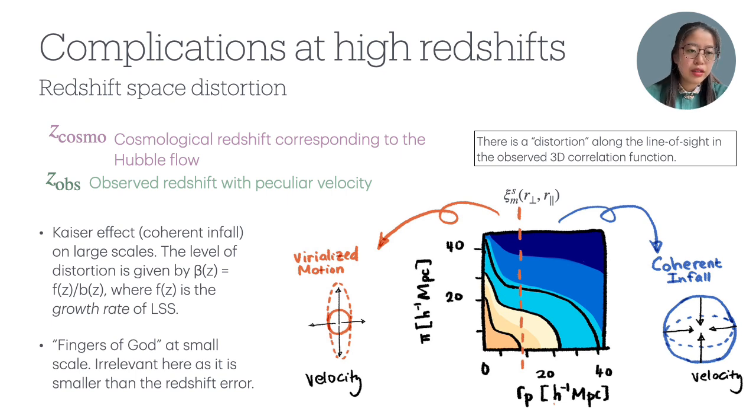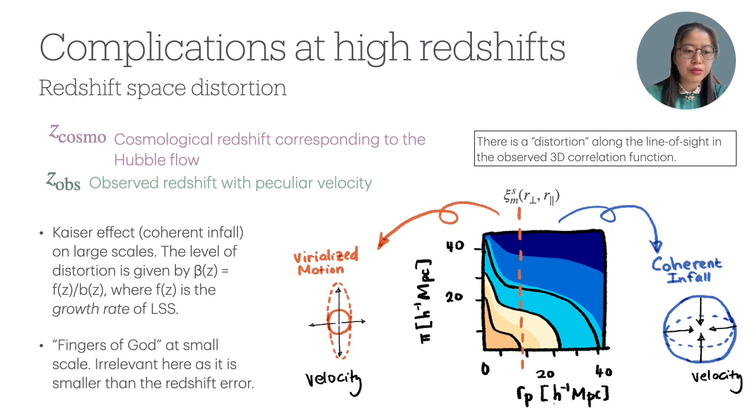What is RSD? This effect refers to the fact that the observed redshift of a galaxy does not only encode the Hubble flow, but also the peculiar velocity of each galaxy. Peculiar velocities arise from the fact that galaxies are drawn by the gravitational potential of the underlying large-scale structure. On very large scales, which are the scales that we concern ourselves with here, this effect is called the Kaiser effect,